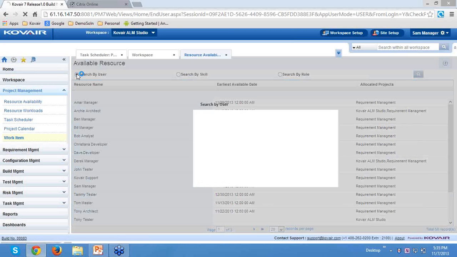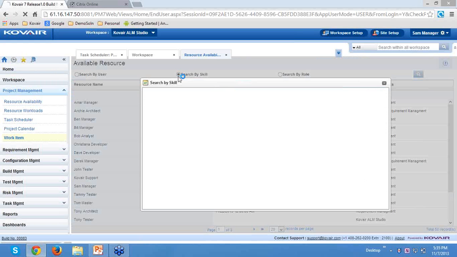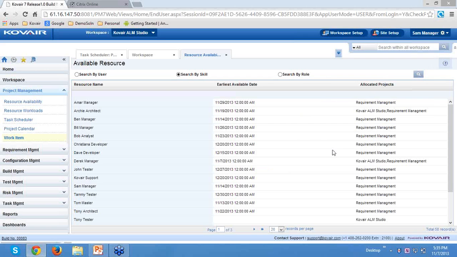Once you select that, it will ask you for the user names, by giving which it will filter the list. You can search it by skill, the different skills and their conditions. Like if you want to say the skill name begins with, you give a name like .NET. And then you can create this type of filters multi-line, and by doing this you can filter this list by skill also. And not only the skill name, but also, as we saw, the number of years of experience and other parameters.